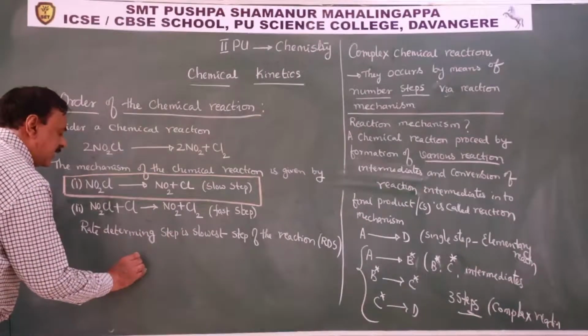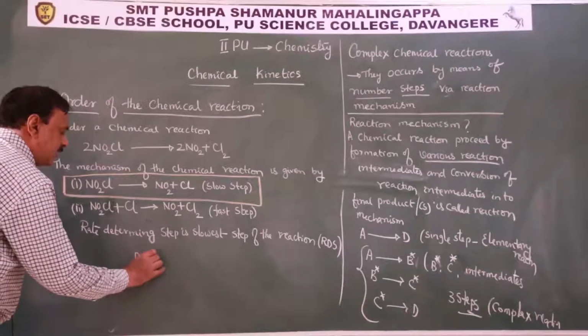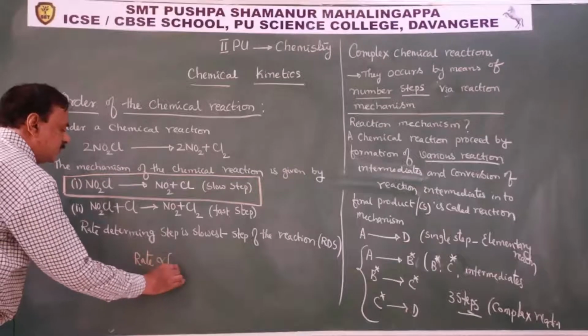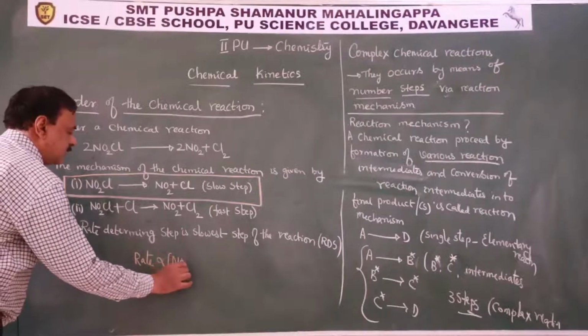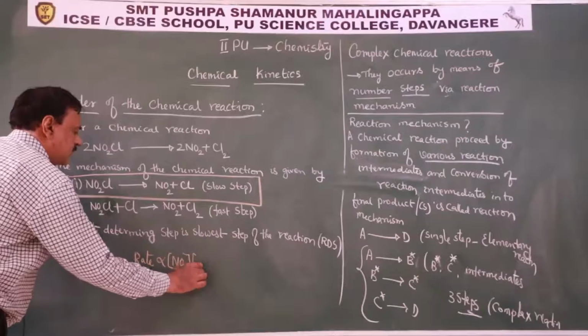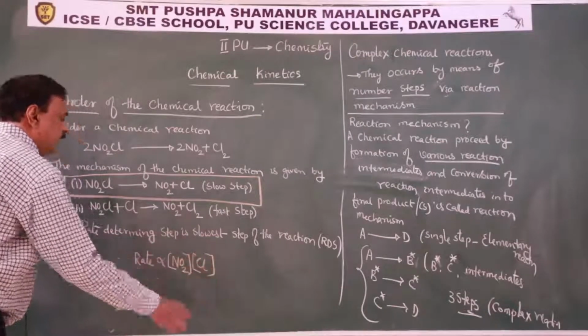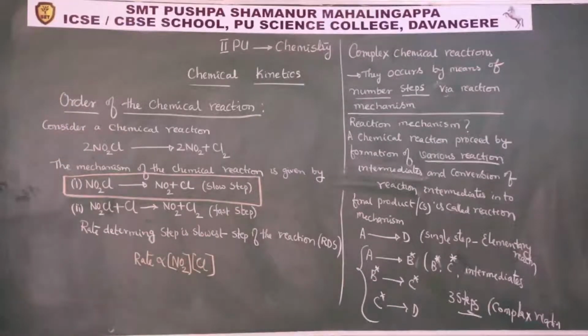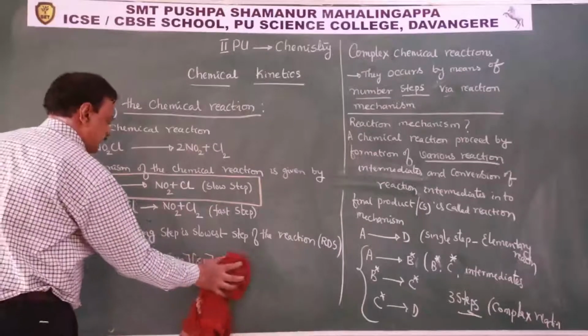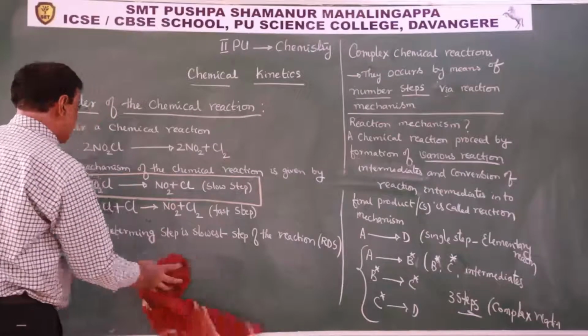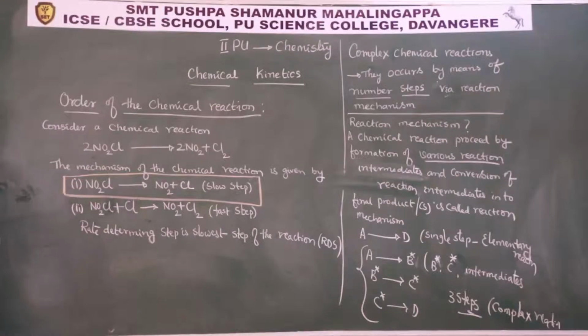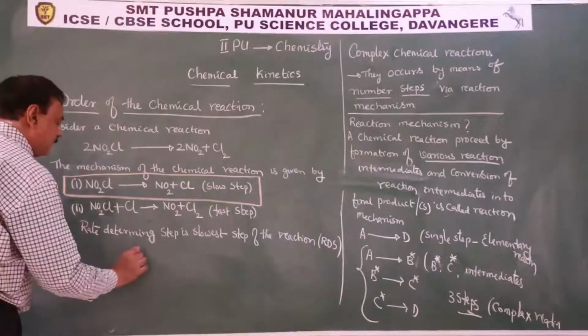Therefore, rate is directly proportional to the concentration of nitrogen dioxide into the concentration of chlorine. That is with respect to the product. But with respect to the reactant, according to the law of mass action,